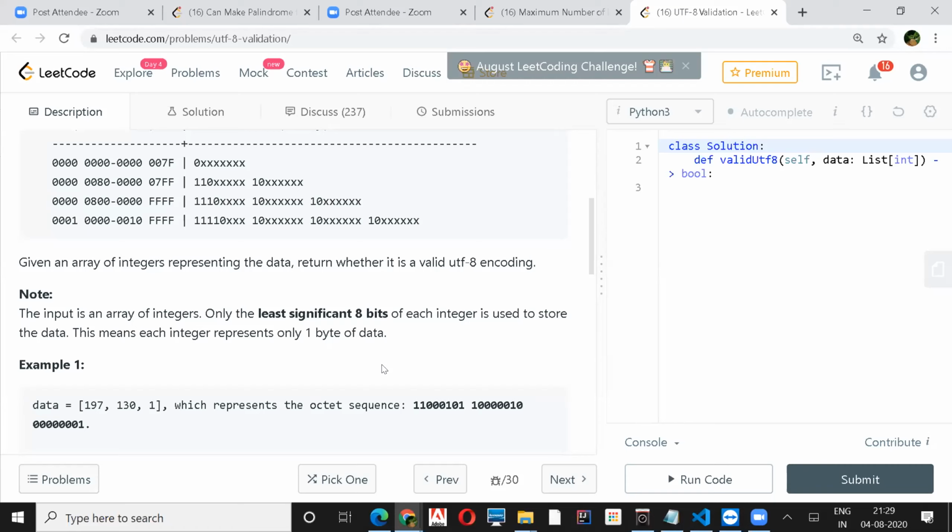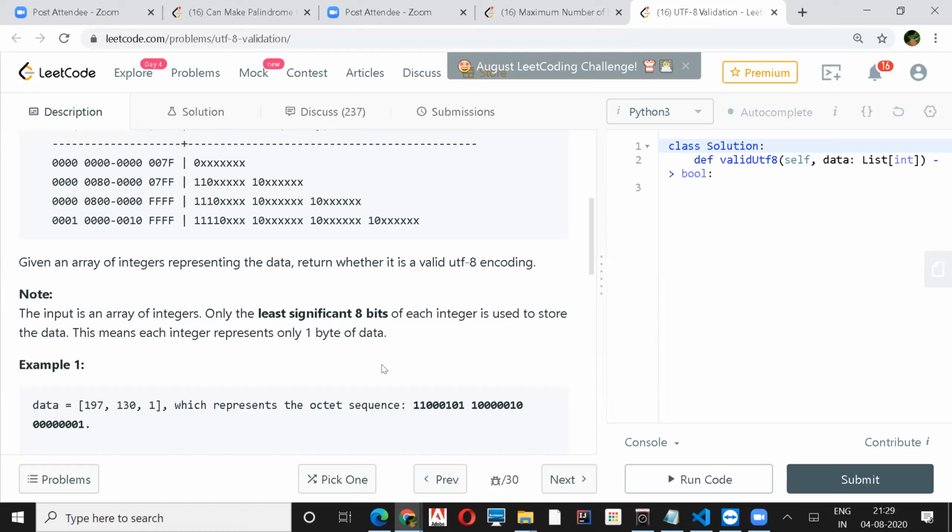In the worst case, we need to go till the end, the most significant bit, dividing the whole 197 or 130 to find the full binary number. Yeah, but that is one way of doing it. My only worry is if they give an invalid input, an integer more than 8-bit, like more than 256 or 512, then we'll end up doing it maybe 16 times, 17 times, maybe even 32 times.